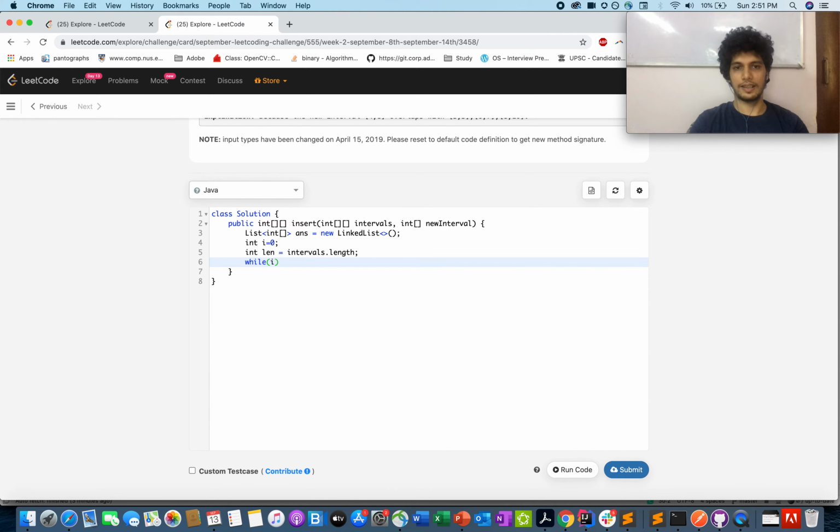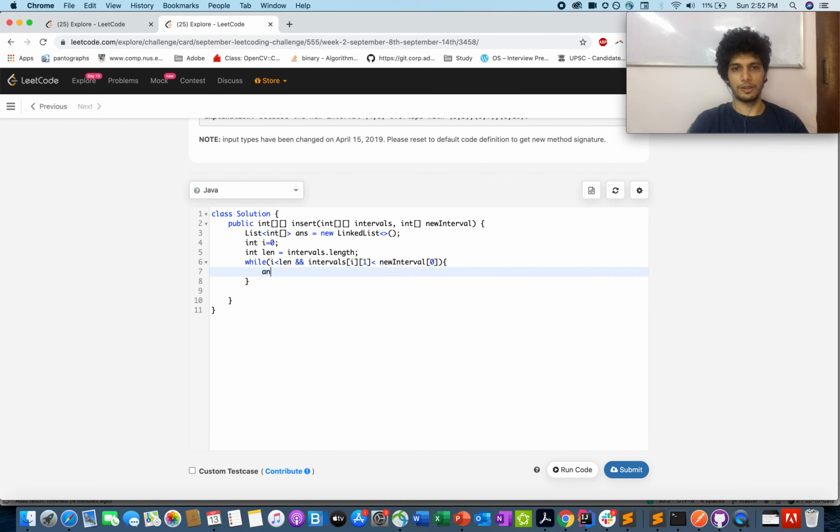While I is less than len, I'm identifying the safe points here, those intervals where merging will not happen. So intervals of I comma 1, the end point of the ith interval, is less than the start of your new interval. That concludes the safe points, safe intervals: new interval dot 0, the start of your new interval is greater than the end of your iterating interval.